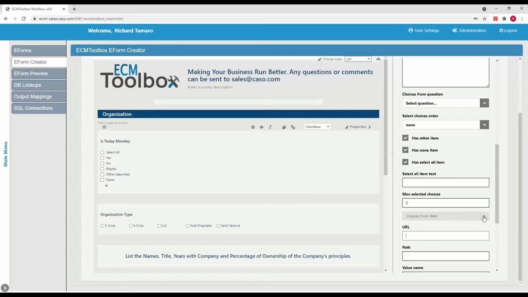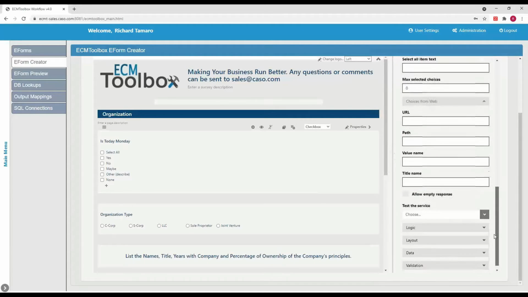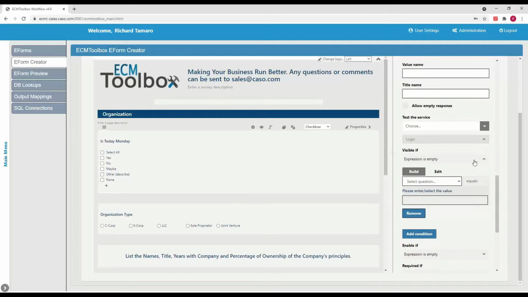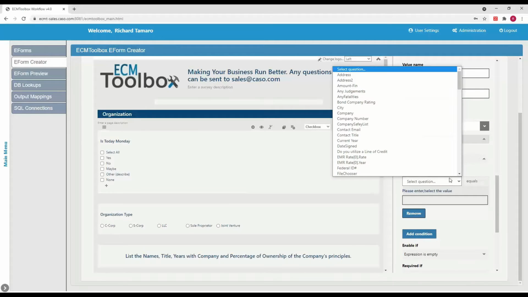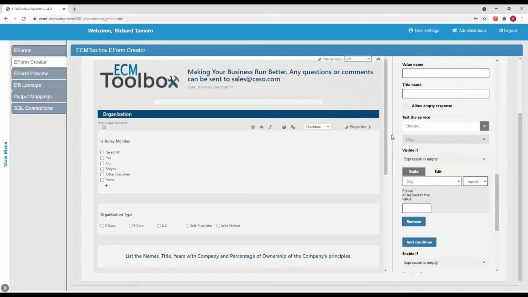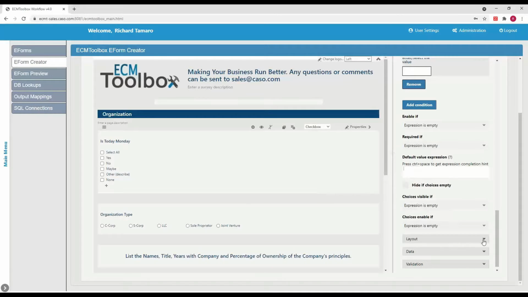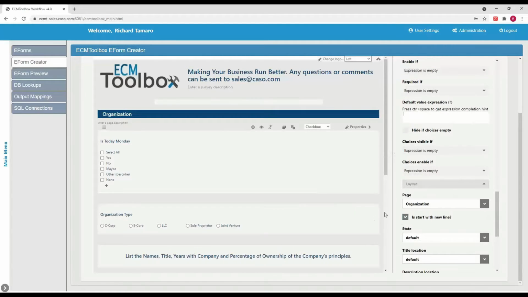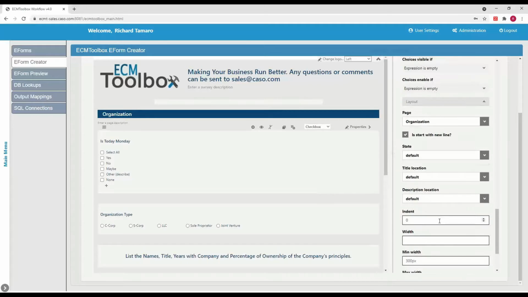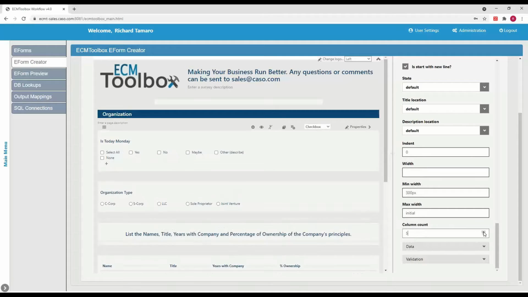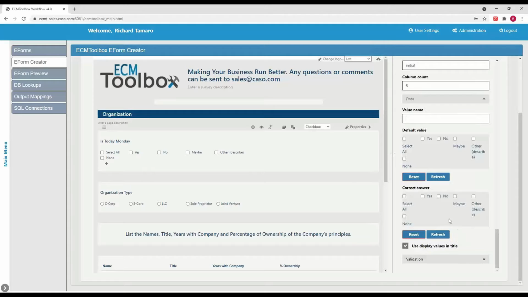You can add values from the web by entering a URL. The logic section allows you to create dynamic questions using if-then conditional statements. In this case, each answer by the end user determines if another question will be made visible. The layout section is used to design question placement. For example, we can choose to put a new question on the same row as the previous one. You can also choose minimum or maximum width, and even control the row and column layout, and many more other